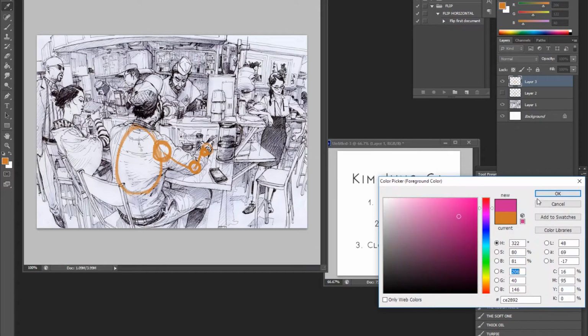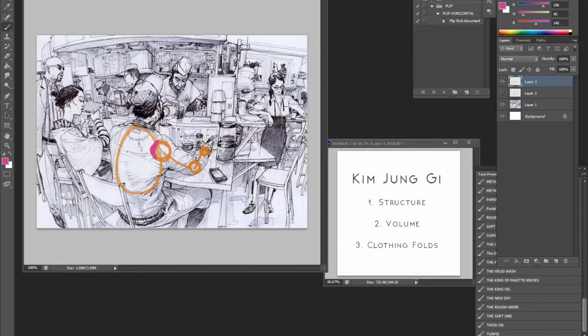So the fact that you're attaching a sphere around this area, there's the attachment, by the way, means that no matter how you draw it, you're going to keep your structure. Now, again, I'm not saying Kim Jung-gi ever does this, but he probably does it in his mind. He thinks of these attachments as he goes along. But he doesn't really need to draw it, because everything, again, is sort of like a dance to him. Everything connects, everything works, and he has his own signature way of creating the structure to ensure that nothing is